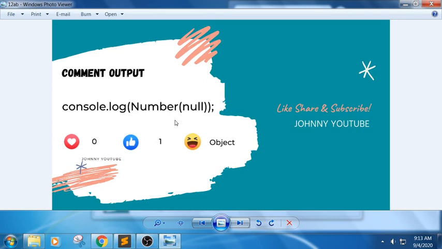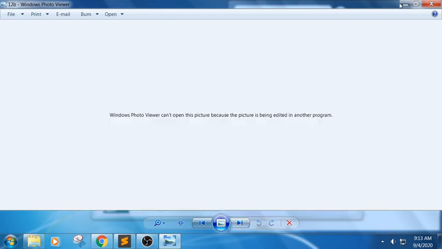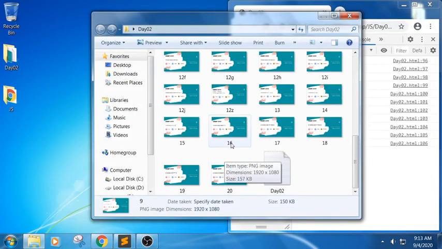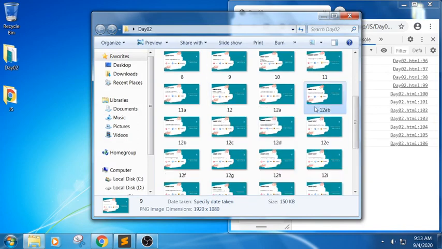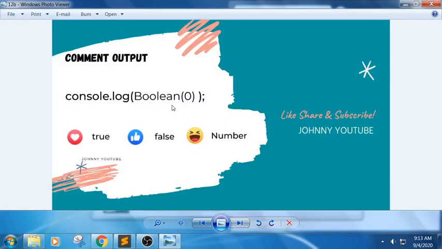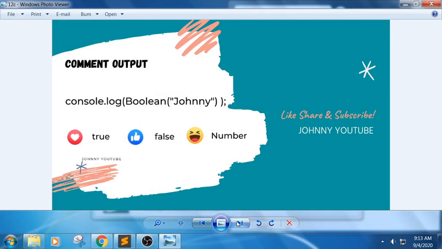Next one, Number of null. What would be the answer of this snippet? Number of null will convert into 0. The option would be 0 here. Let us go to 12b now. Boolean of 0. What is boolean of 0 here? Boolean of 0 is false. Just now we discussed, 0 indicates false, 1 indicates true.